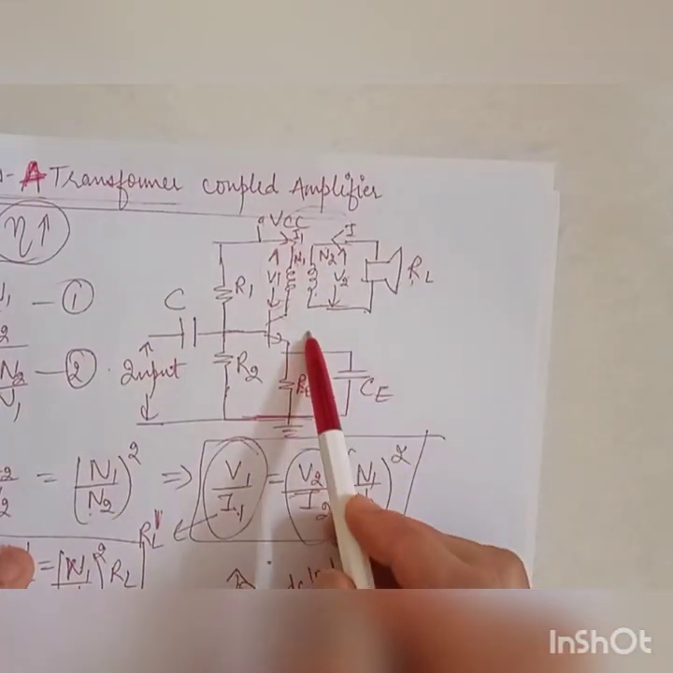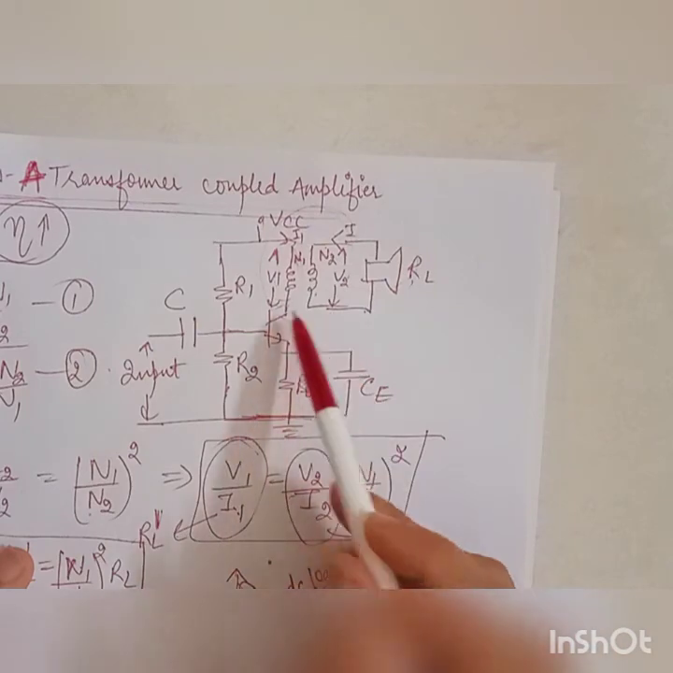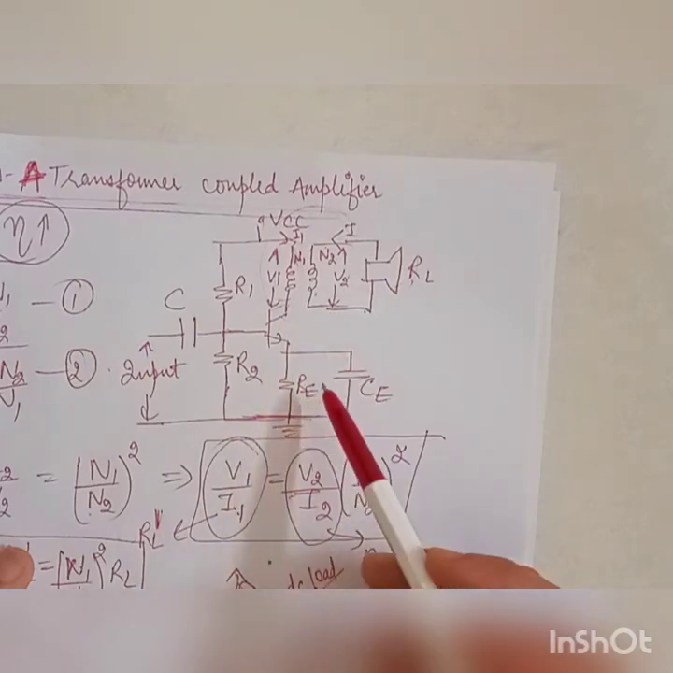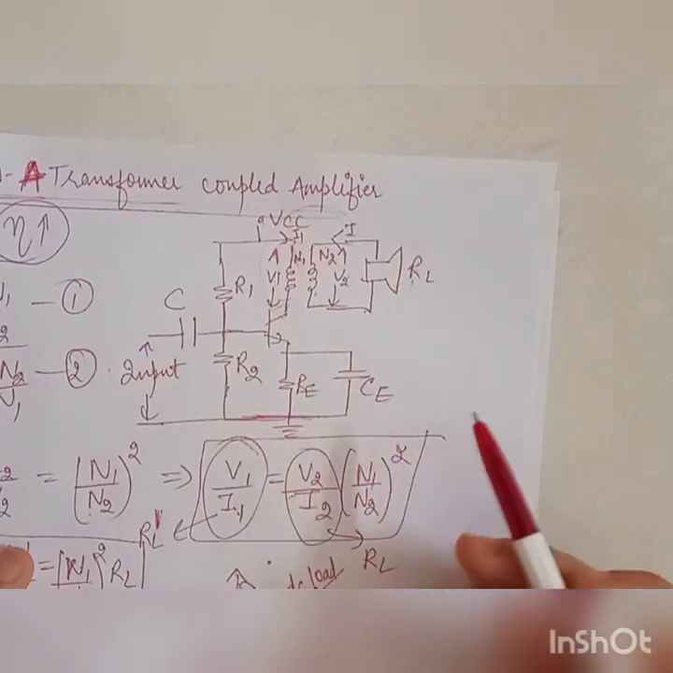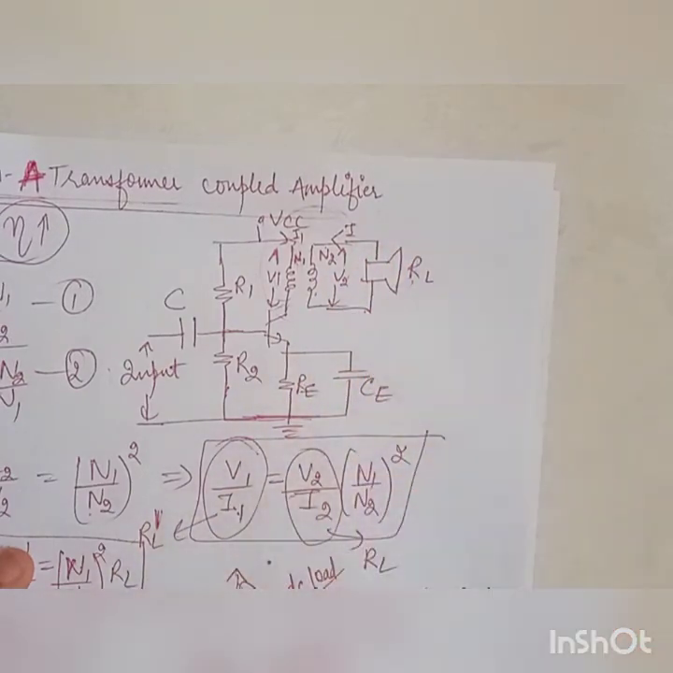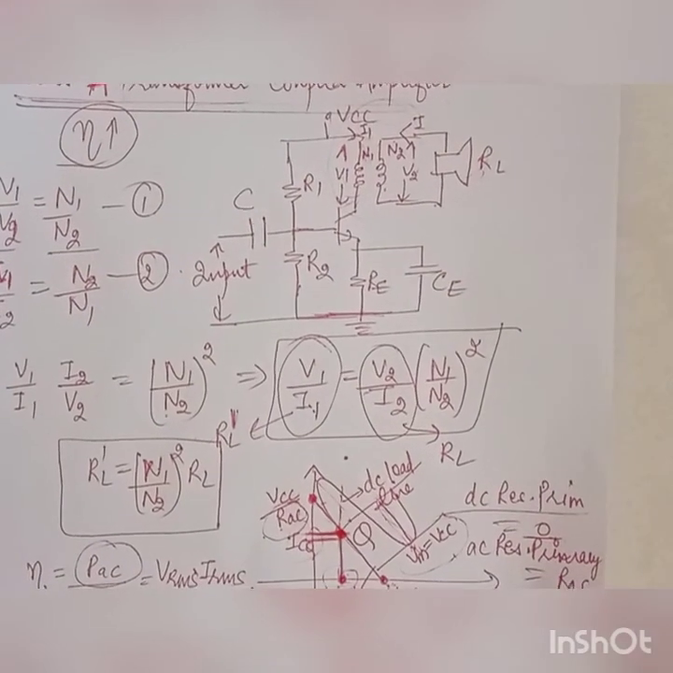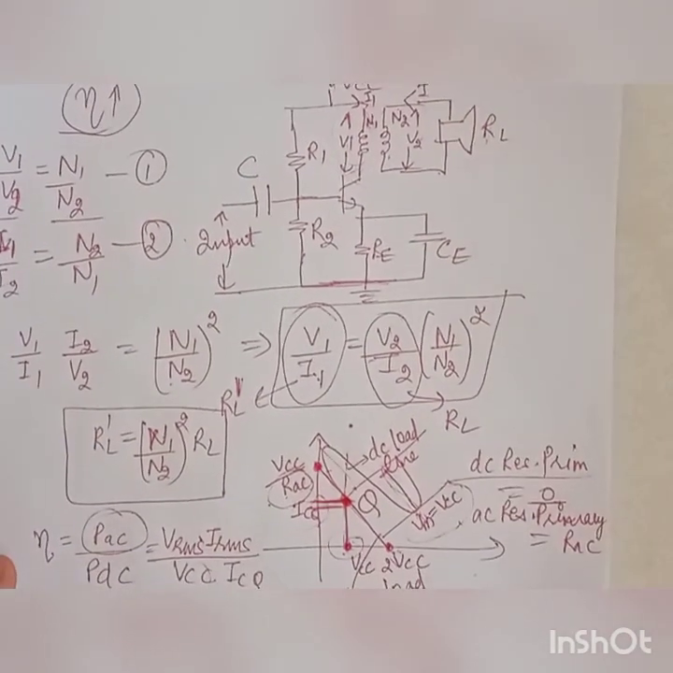Now this kind of amplifier, the class A transformer coupled amplifier, is used in the output stage to supply adequate power to transducers, such as loudspeakers in audio amplifiers. So this is about your class A transformer coupled amplifier. In the next video we'll be looking at the class B